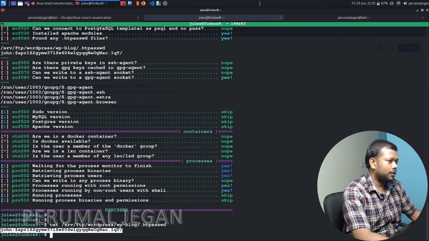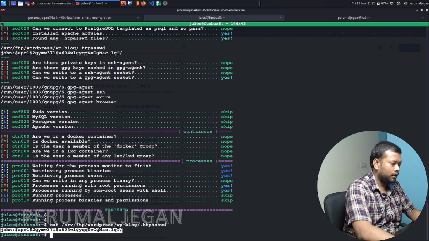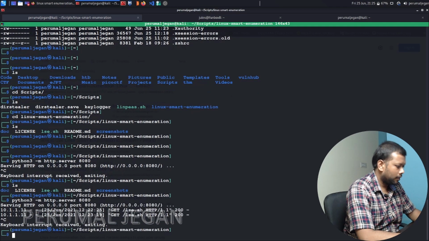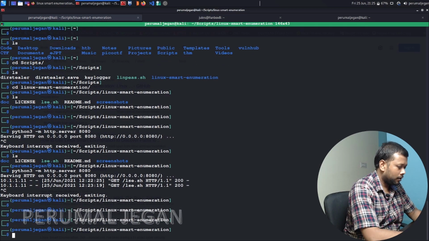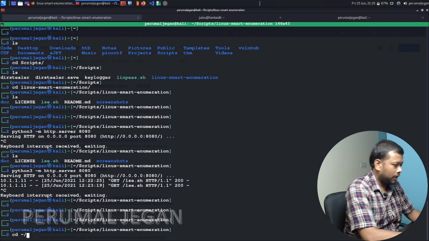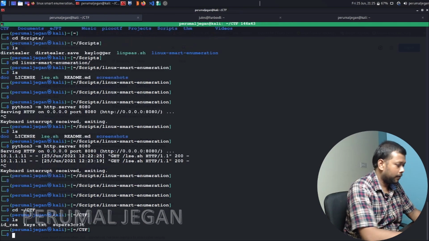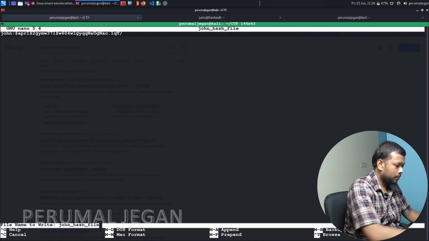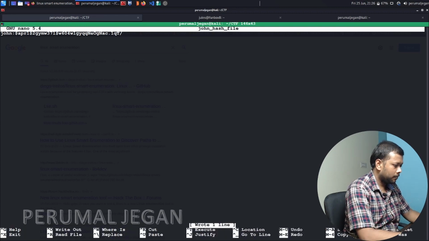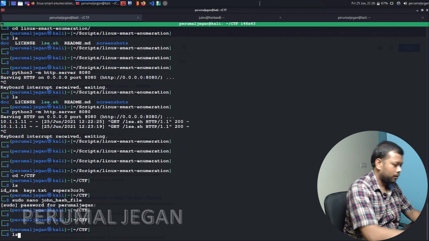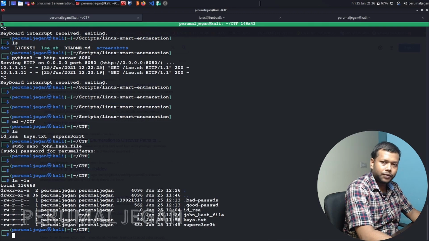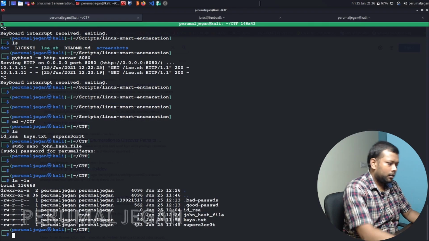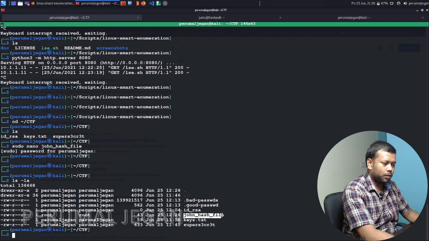Let's save this hash in our local machine. cd ctf. Okay. nano johns. Now we got the password hash for the user John.